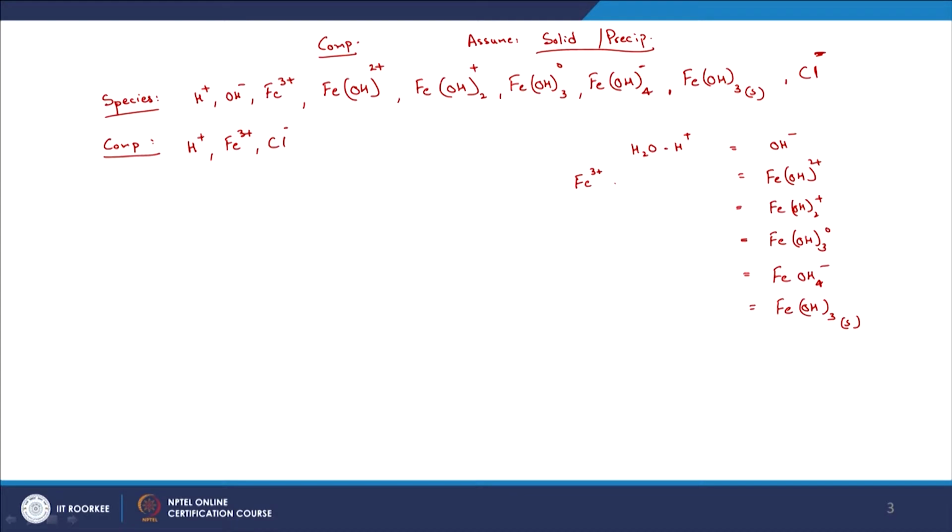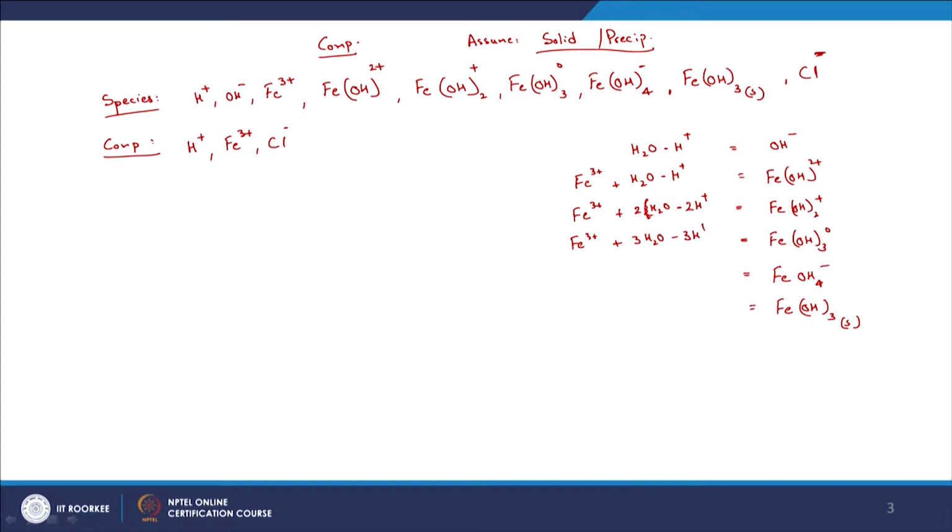So that's going to be equal to what now? Plus H2O minus H plus, hopefully that does resolve it, Fe3 plus H2O minus H plus, so 1 OH minus, right. So here Fe3 plus I need to in effect have 2 OH minus, right. So that means I am going to have 2 times H2O, anyway I will write this as 2 times H2O minus 2 times H plus, right, and Fe3 plus would be, FeOH thrice would be 3 times H2O minus